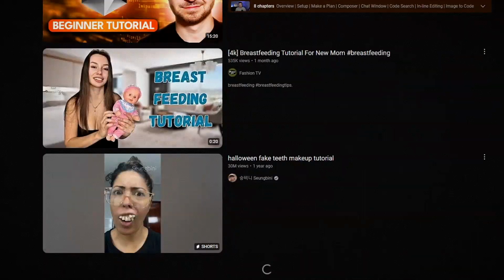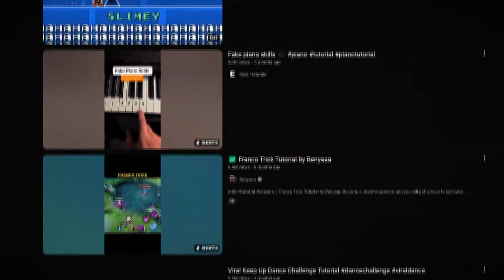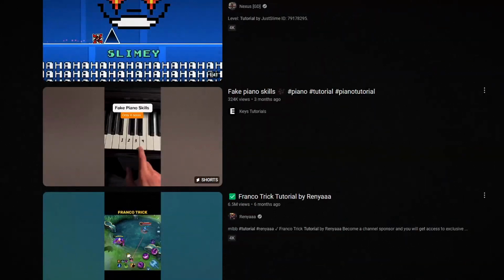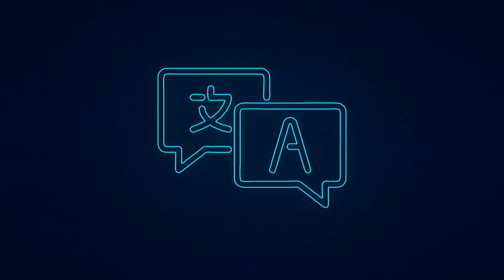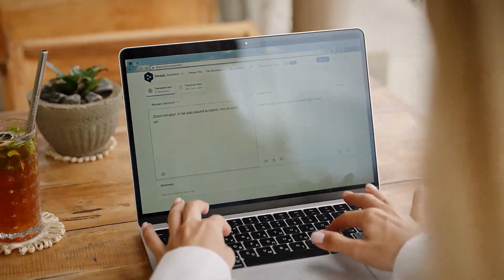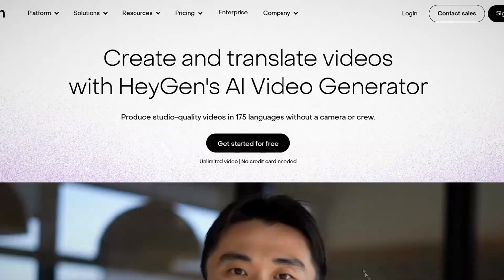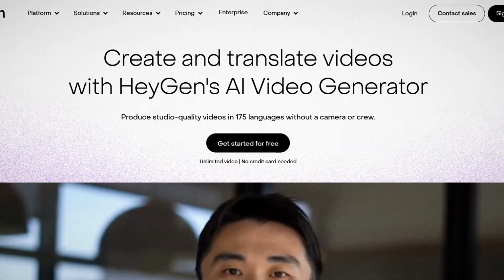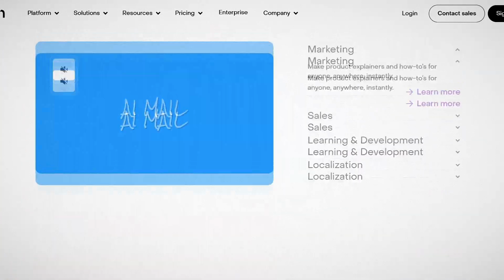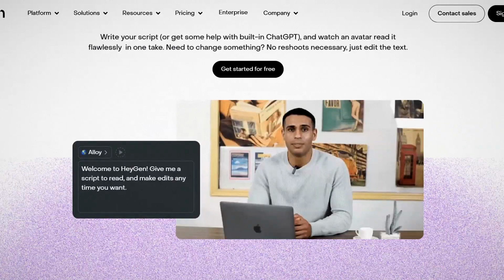Content creators know that translating their videos can help them reach new audiences, but most don't have the time, skills, or resources to do it themselves. Traditional translation methods, hiring translators and voice actors, are expensive and take a long time. AI has completely changed the way we can do this. With tools like HeyGen, you can use artificial intelligence to translate videos quickly and affordably, making it easier for creators to reach global audiences while earning money for yourself.